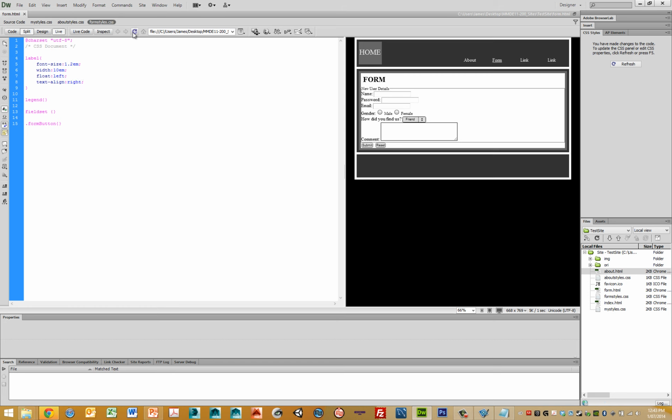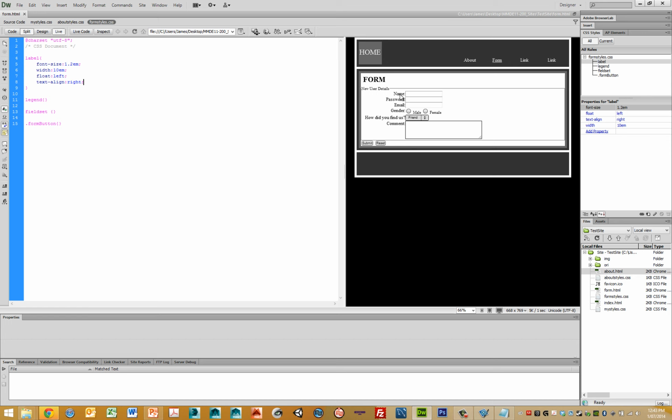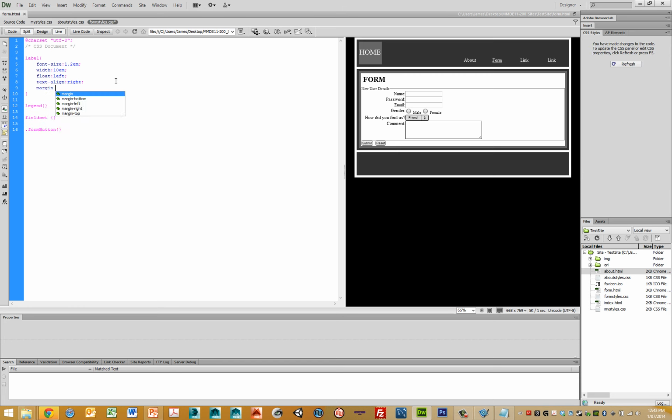which will allow me then to see this. So this is now that 10 EM, so we can see here that we can obviously reduce this, make it say 5, and you can sort of see what happens. It just so happened that 10 EM is a nice size here. This is our alignment to the right hand side of that particular block, and we want to add just a little bit of margin on the side here. So let's add a little bit of margin to the right hand side,